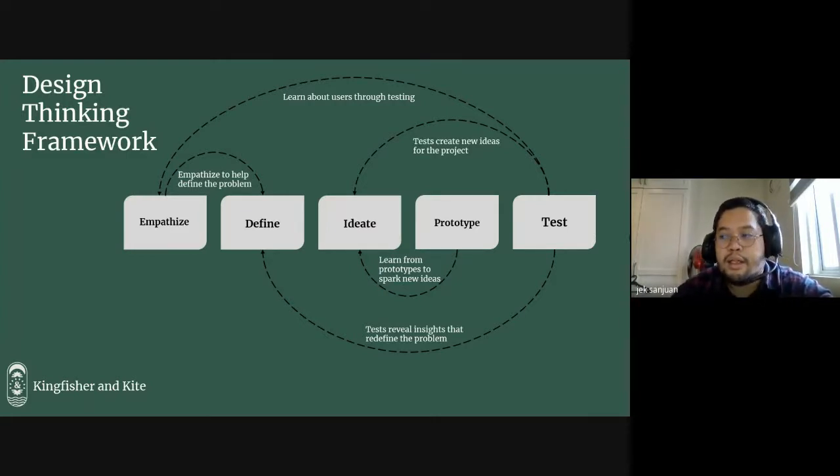When you ideate, well, from the word itself, you make ideas that could help solve that problem. Now you've defined everything, you've put everything on a map. Now it's time to get a plan to get from the Philippines to Japan, something like that, or from the Philippines to the United States. Let's see, if you want to take a plane, if you want to take a boat, how do I get to a certain place